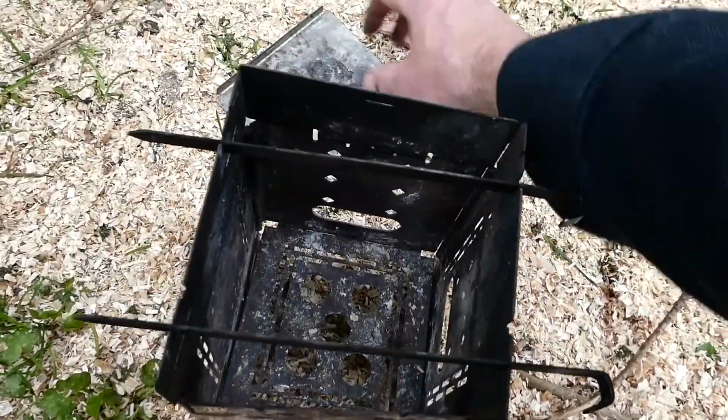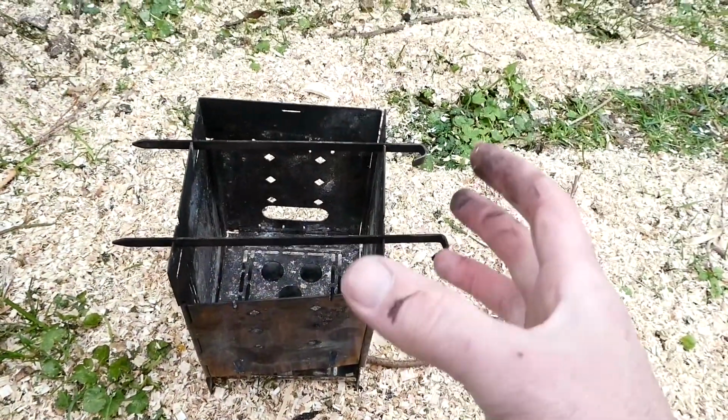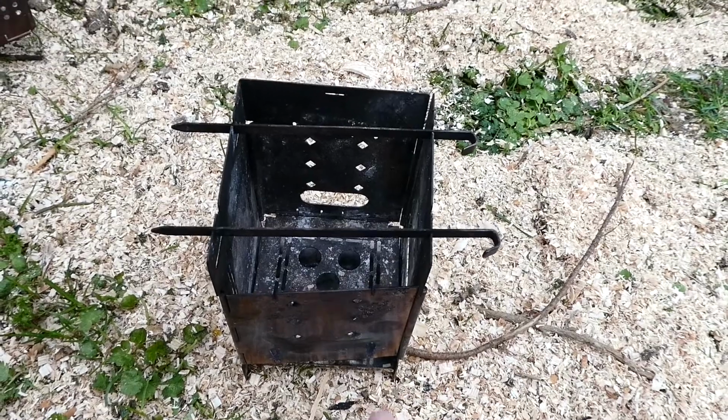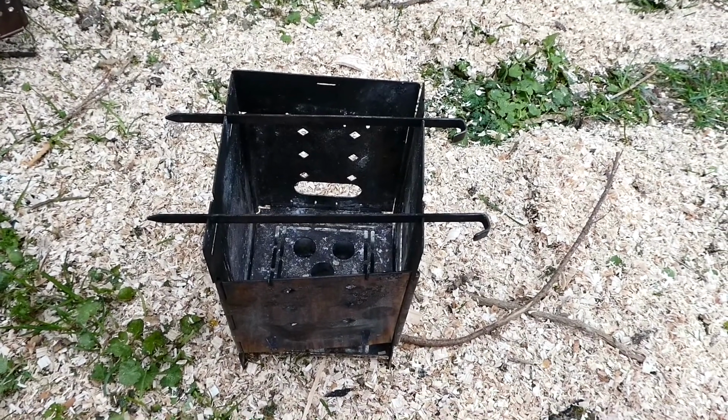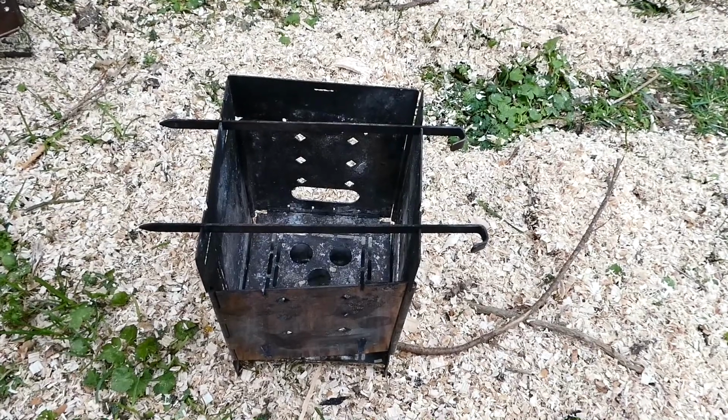Yeah, just got an ash pan. Goes on the bottom, collects the ash, and it just concentrates the heat, makes it more efficient. You need less wood, you've got less mess, and it's off the ground a bit. So not lightweight though. It's about 1 kilo, so